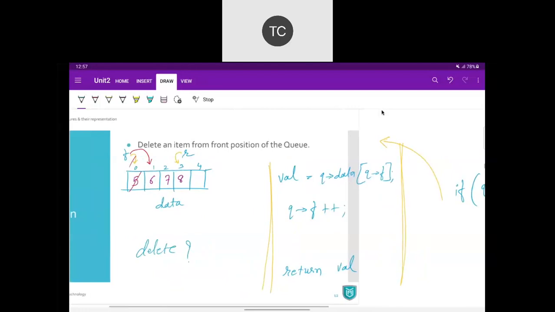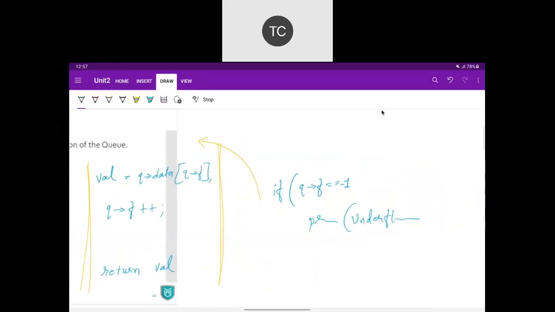4 वैल्यू थी, चारों की चारों वैल्यू आपने डिलीट कर दी, तो फ्रंट प्लस प्लस करते हुए कहां पे पहुंच गया? 4 पे. आपका फ्रंट पहुंच गया 4 पे, आपका रियर अभी भी 3 पे है. That's not possible. फ्रंट के आगे रियर तो कभी रह नहीं पाएगा. That's not possible. So what we do here, if we say if your front is already greater than your rear place,